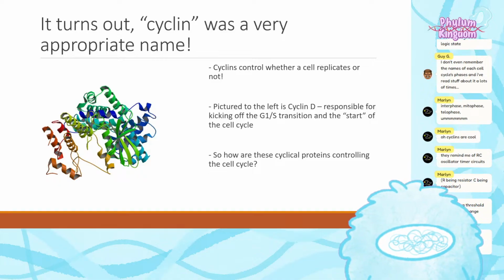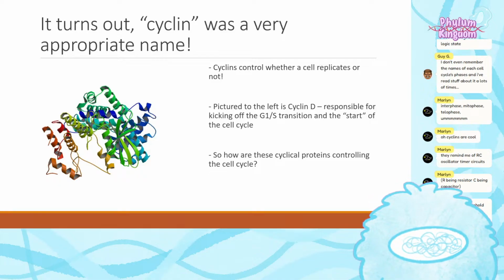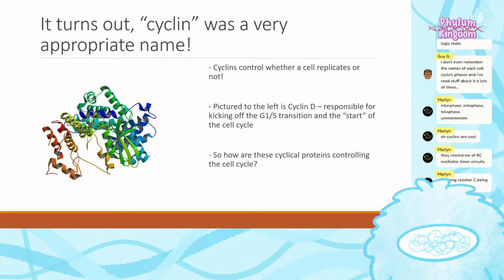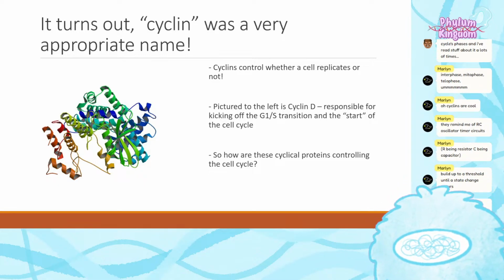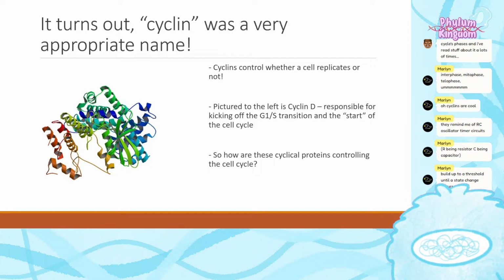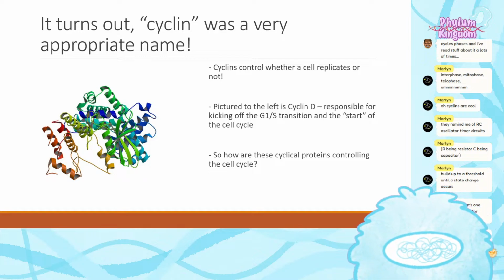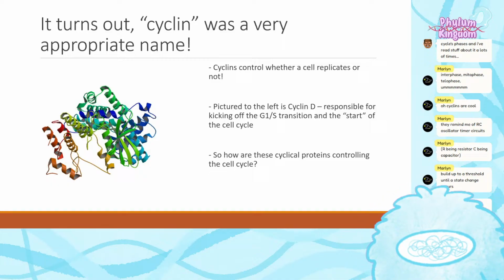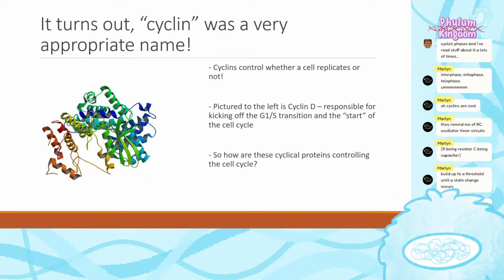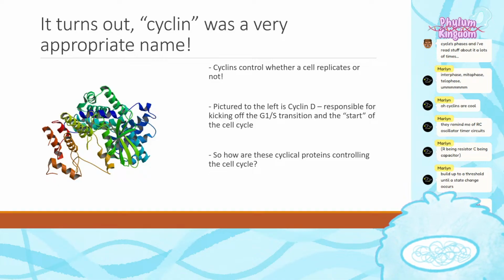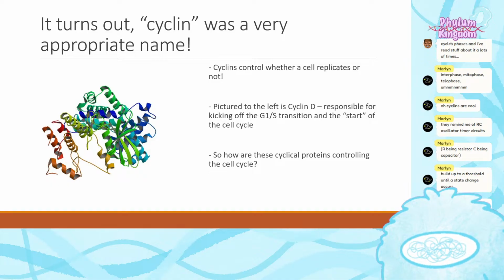So on the left here is cyclin D, which is a specific type of cyclin that is responsible for kicking off the G1/S transition. You could think of it as the first stop in the cell cycle, getting ready to replicate the DNA within the cell after the cell is done growing. So how do these cyclins, how do you actually, molecularly, tell a cell to begin this very complicated multi-step process? Because moving things in and out of the cell, I think you can kind of get a handle for how that works.